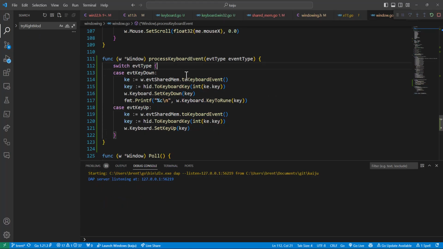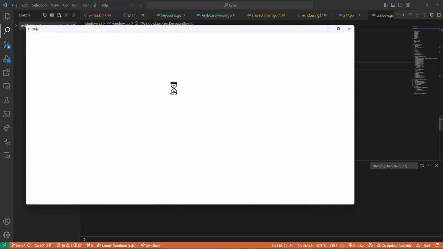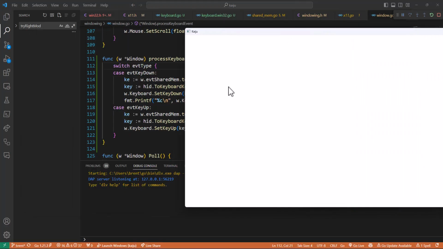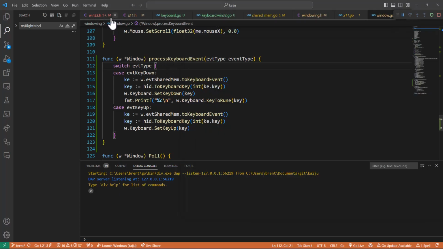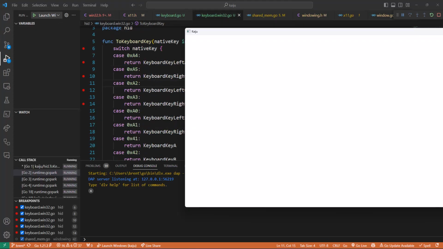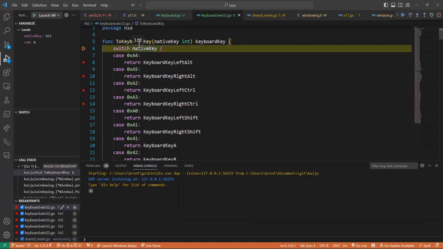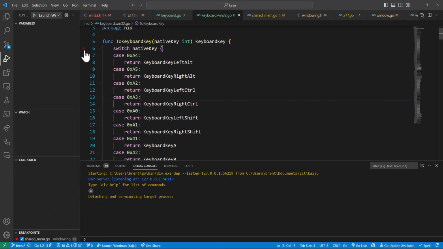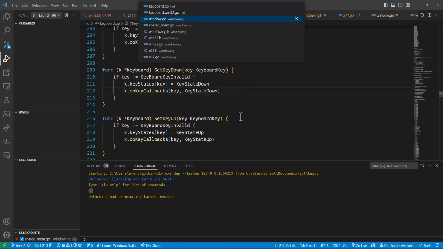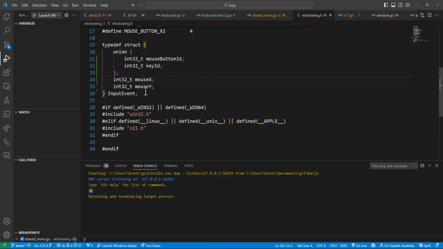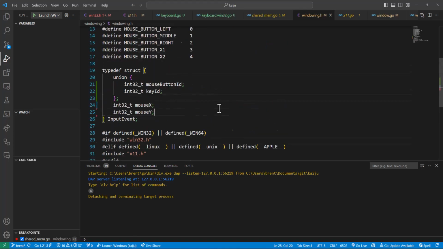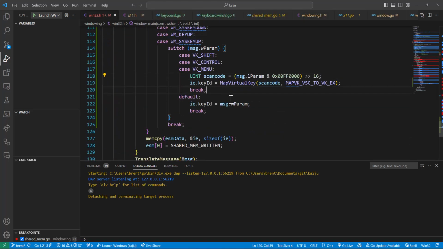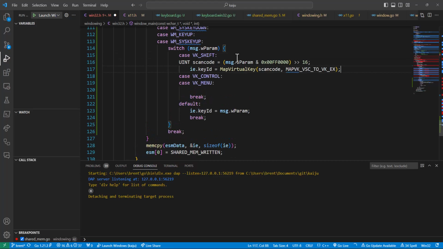Cool. Now let's just try this out and see if we hit the Alt and the Control keys. I put some breakpoints over there. We'll see if we hit them. So let's do, oh, maybe I'll remove my breakpoints. Okay, joke's on me. If I press right Control, it still comes in as 162, which will go into the left control. So rather than dealing with that madness and putting the code back in for that union, we're just going to come over to our Win32 and we're going to make a special one for shift,